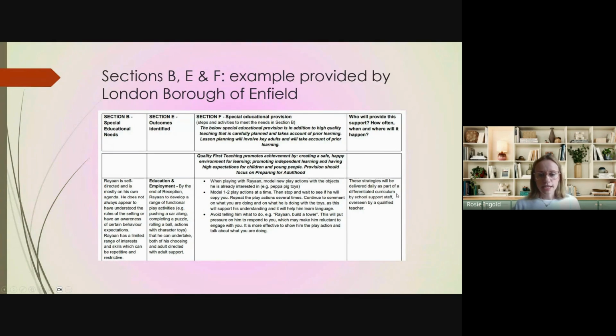So this is an overview of the start of sections B, E, and F. This is a publicly available example of an EHCP provided by the London Borough of Enfield. It's available via their council website. And this one's quite helpfully laid out in that it has sections B, E, and F next to each other,